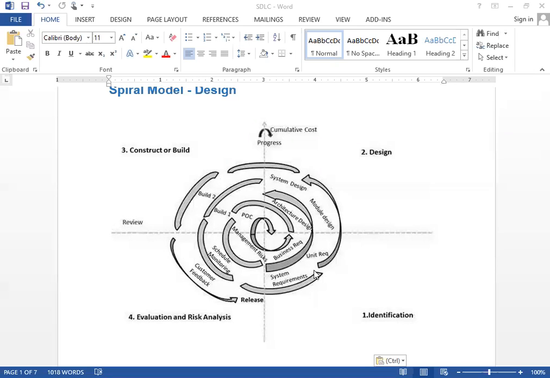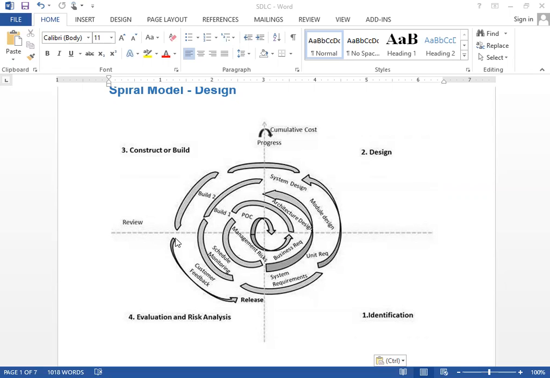After the first iteration, that means after all the phases are completed, we add other requirements to the existing ones, thus increasing the size of the software spirally. So first do the identification, then the design, then construction, and then check whether any risk is found in the analysis. If it finds some risk, then again do the same thing. So there are a number of spirals until the customer is satisfied.